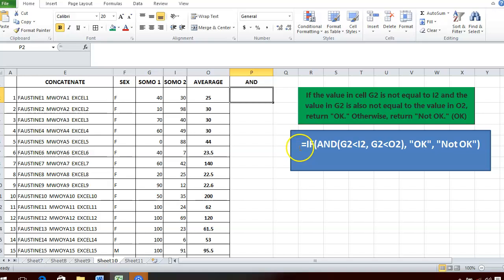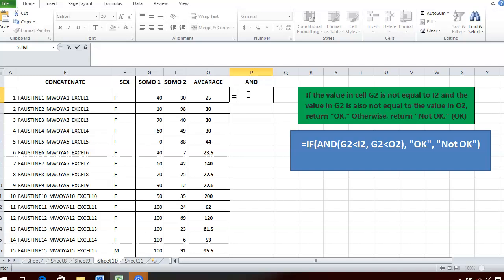So if you want to decide what to say when the criteria meet the condition, and when the criteria do not meet the condition, you must use or add the IF logic function in the AND form. Yeah. So let's say